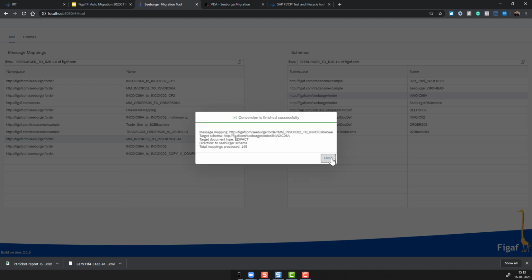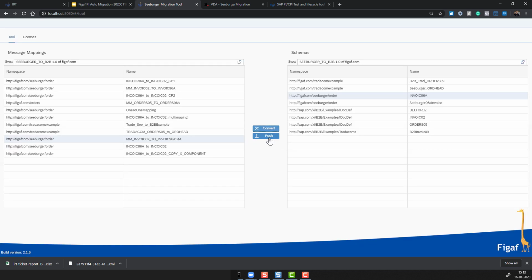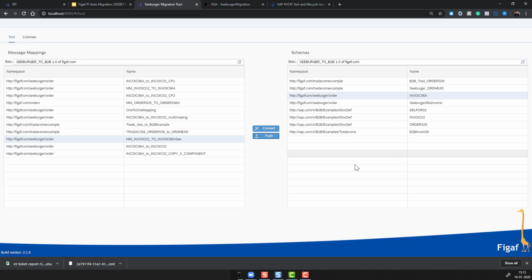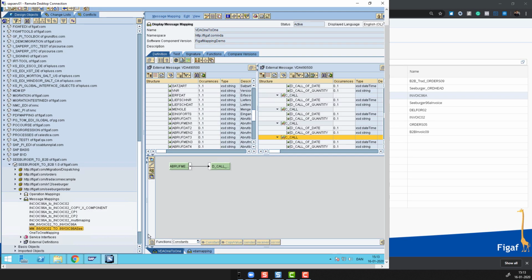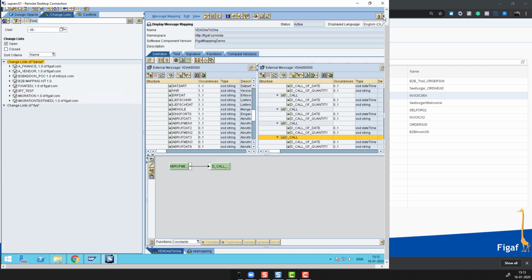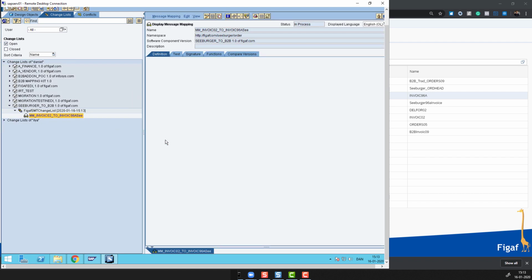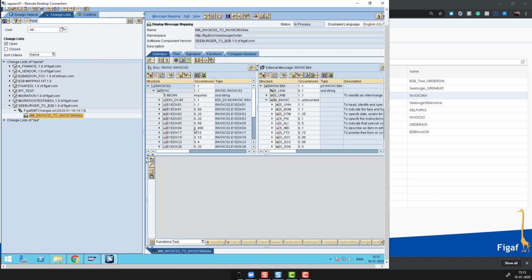This is a tool you can install on your laptop and run everything from it. So it's pretty simple to get started on. And now it has updated the mapping with that structure. So if we go into a change list, let me close this. Check out our change list. We can see someone has put it in here, and we can then see now the mapping has been updated